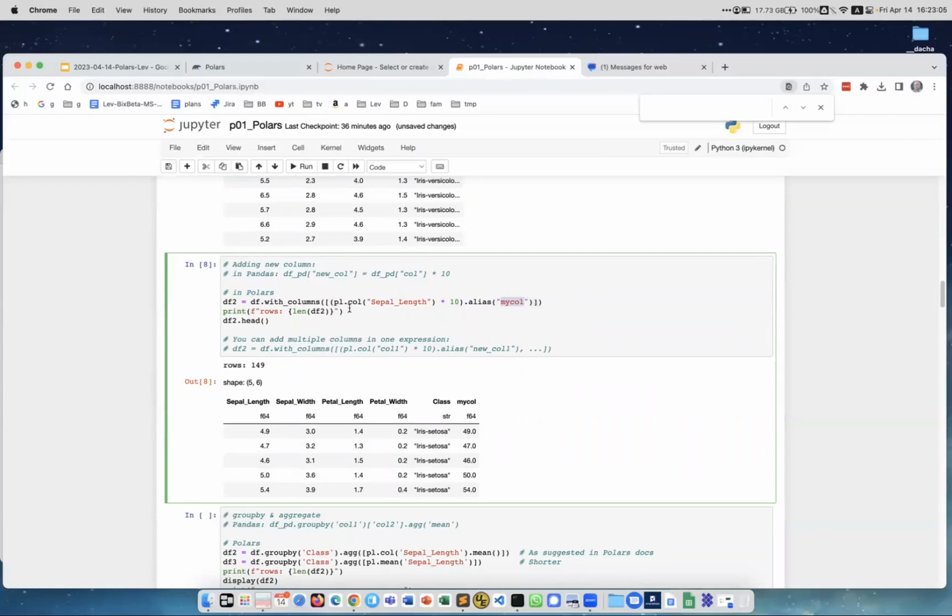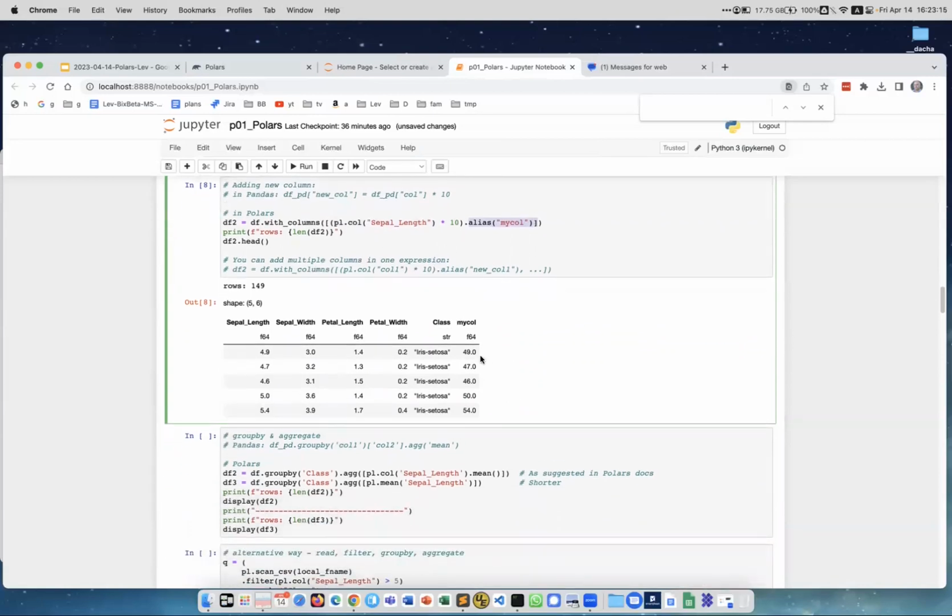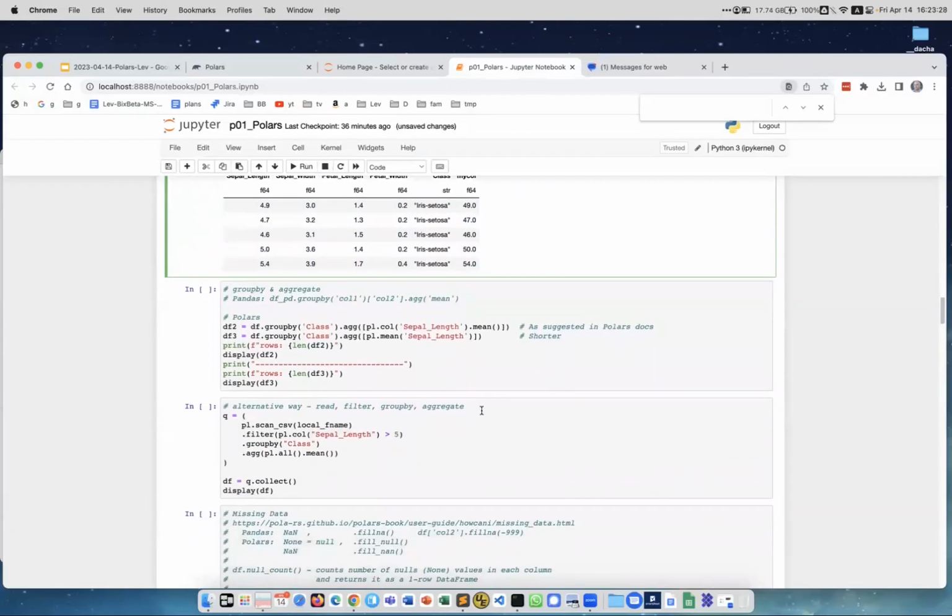So we say with column, and you say, for example, take column sepal length, multiply by 10 the number, and save it with alias my column. And you see it did it, and you have now my column, and here it's 49, and here 4.9, 4.7, 47. So this is really, it multiplied those values by 10 and created a new column. Okay, next,